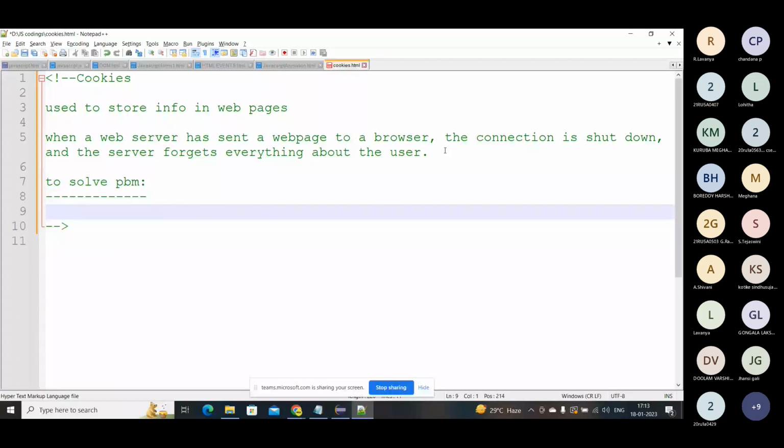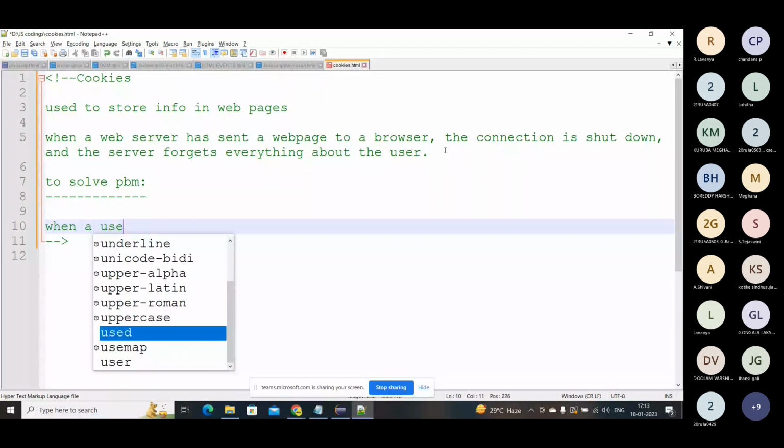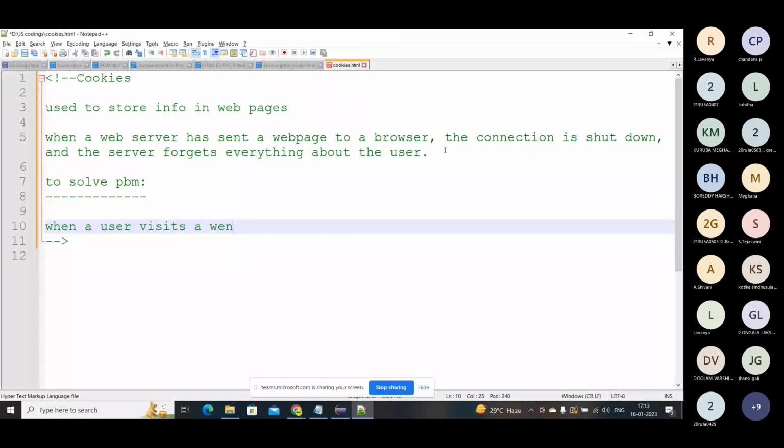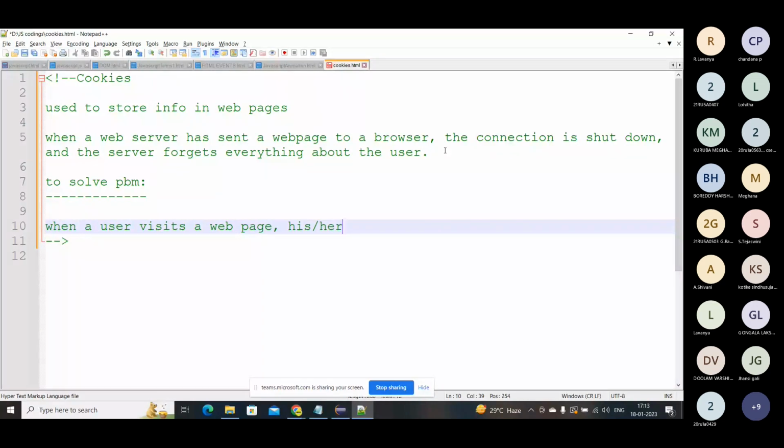When a user visits a web page, his or her name can be stored in a cookie.